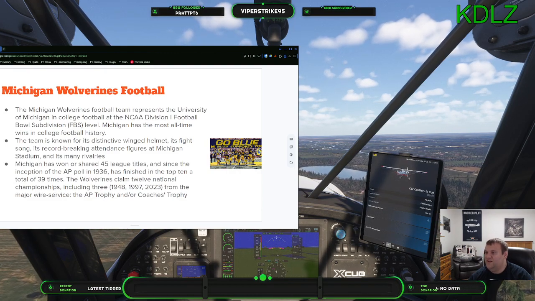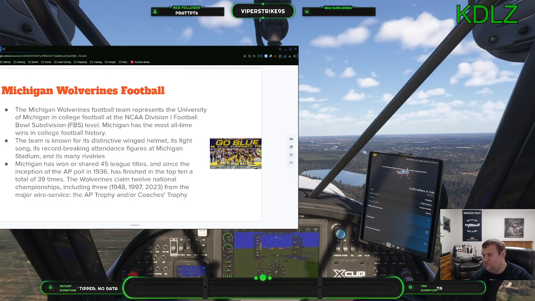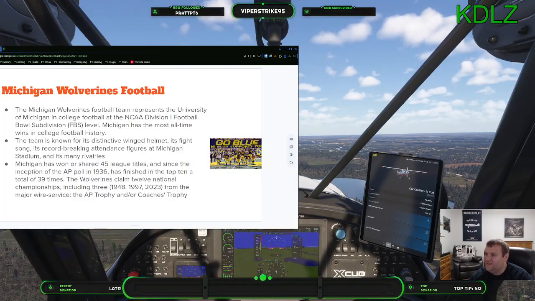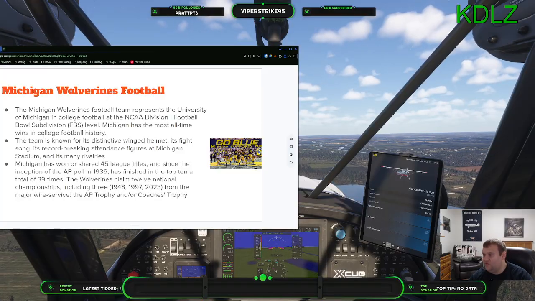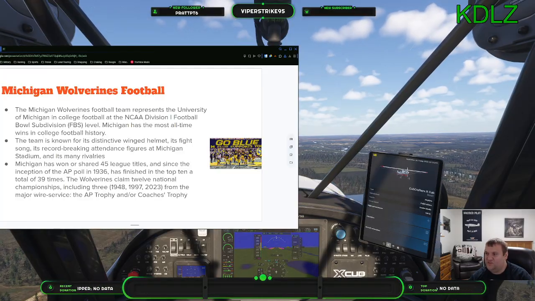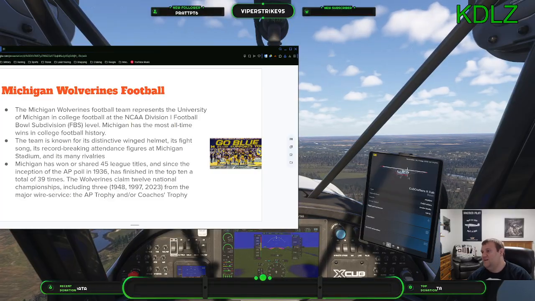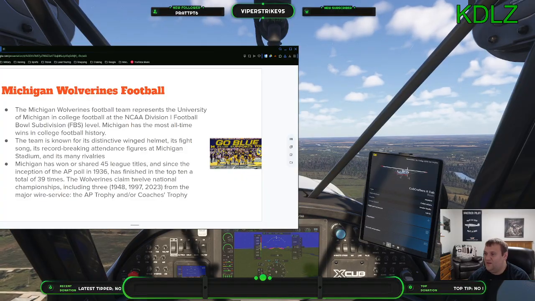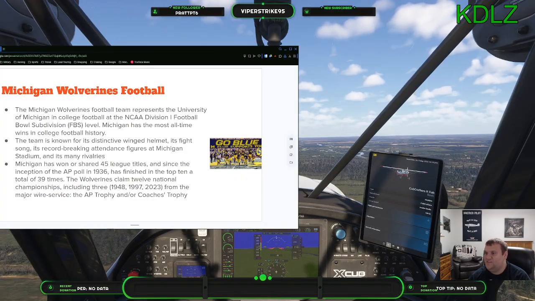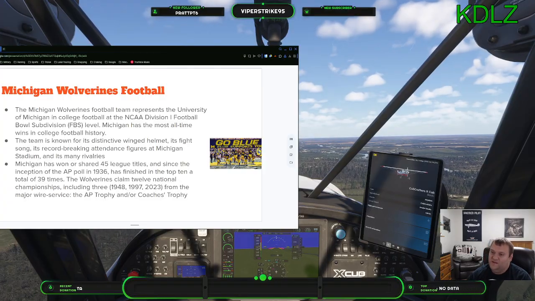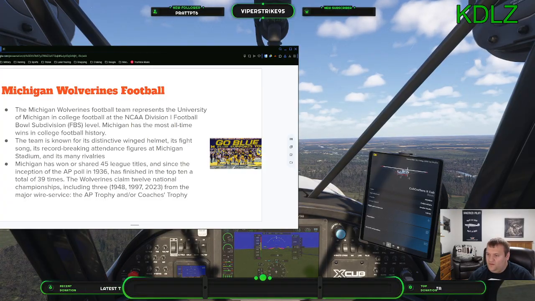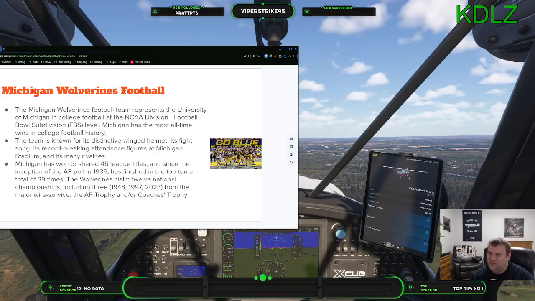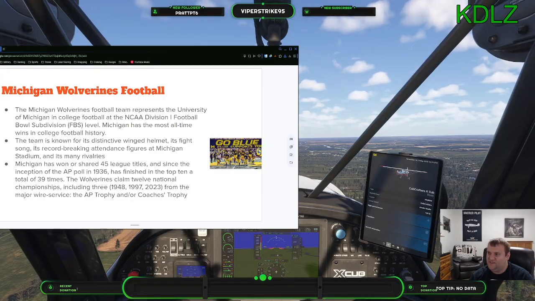In terms of national championships claimed, their national titles include 1901, 1902, 1903, 1904, a four-peat, plus 1918, 1923, 1922, 1932 and 1933 back-to-back, 1947, 1948 in back-to-back years, then after a 50-year hiatus, 1997, and most recently 2023. Yes, Michigan definitely has some legendary programs and stuff.